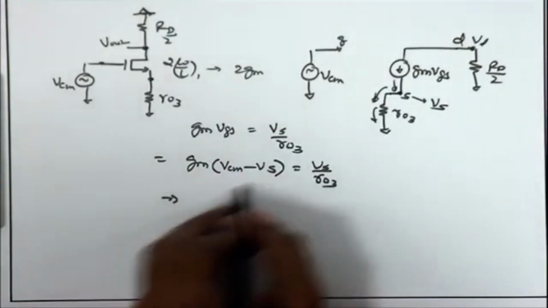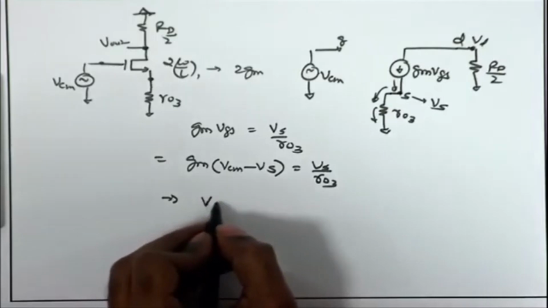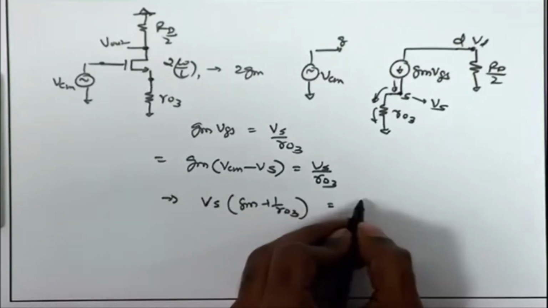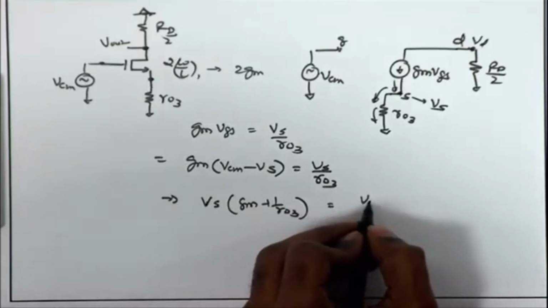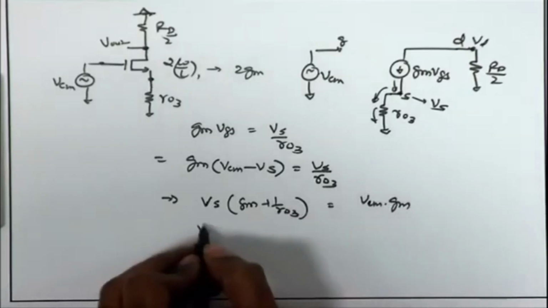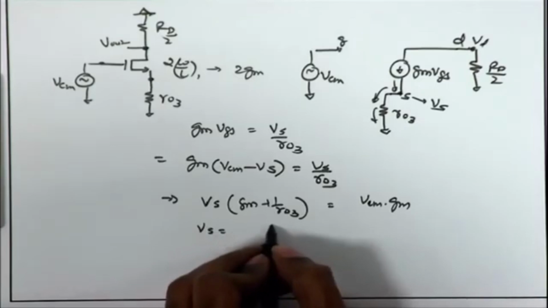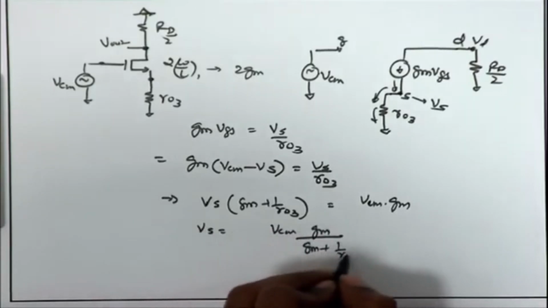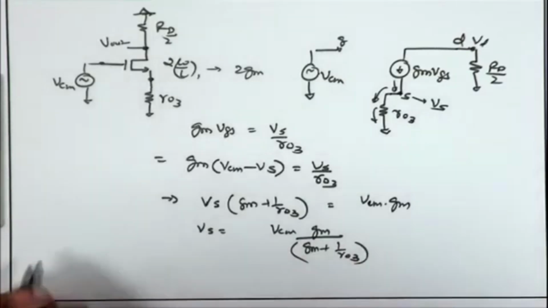Therefore, I can find the expression for Vs: Gm plus 1 upon RO3 is equal to VCM times Gm. Therefore, Vs is VCM times Gm upon Gm plus 1 upon RO3,